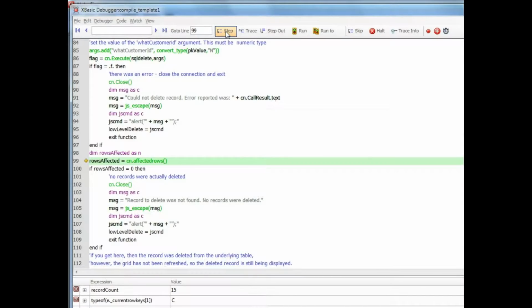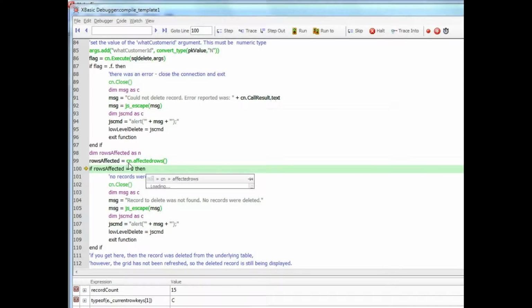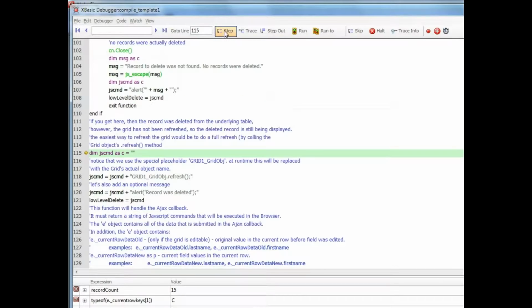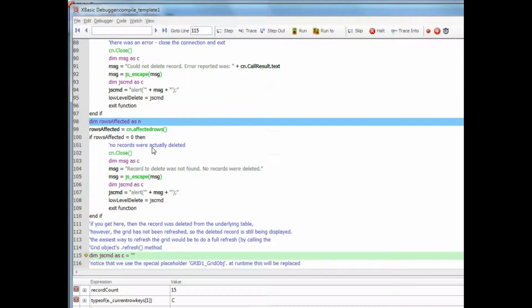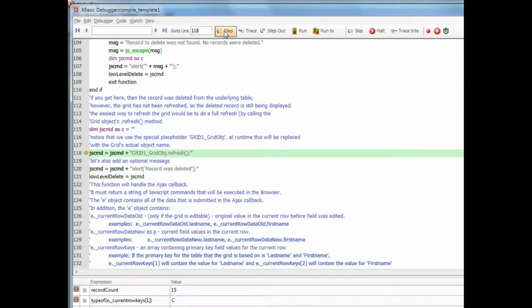In order to find out how many rows were actually deleted, we call the connection object's affected rows method. That tells us that one record was deleted, and we check how many records were deleted because there's a chance that somehow in the interim some other user might have deleted this record, and so when we got round to deleting it, the record might no longer be there. In that case the rows affected would have been 0, and we would have sent back a message to the browser saying that the record was not found and we could not delete it. But the record was deleted, and so now we can go ahead and